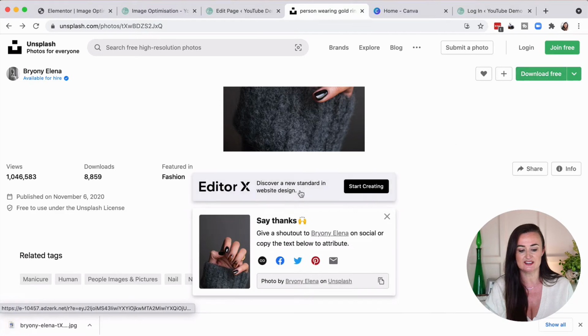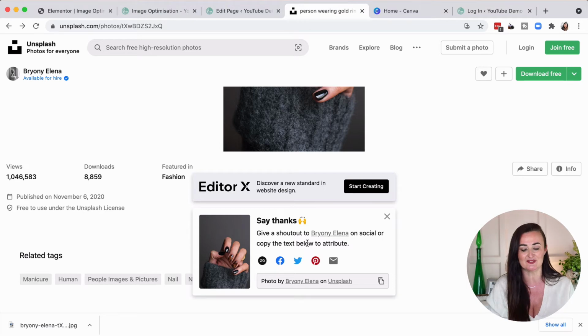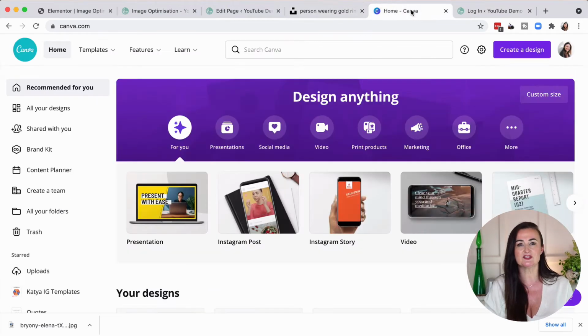So click on that and it downloads it, and it obviously gives you a little thing to give a credit to the photographer if you use it on your website. And I'm going to pop that in the notes below so you can go and find it if you want to. And now if I go over to Canva, and if you don't have a Canva account, then you can create a free one and still do this. You don't have to pay for Pro.